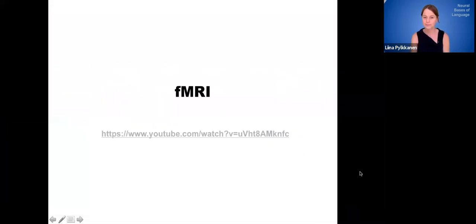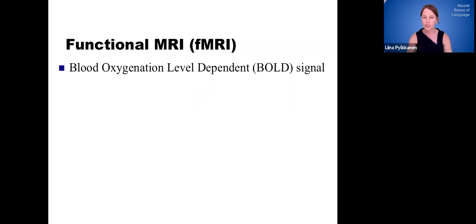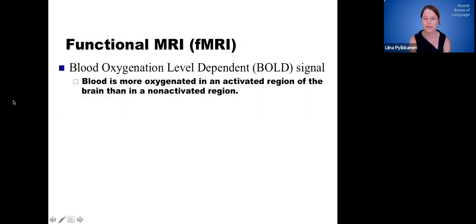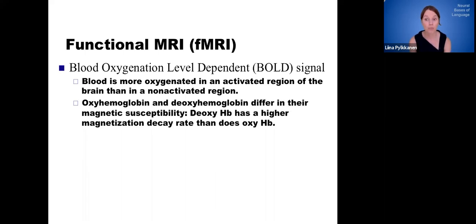So here, we learn that fMRI is crucially based on the oxygenation level of blood. So let's delve into that a little bit. Blood is more oxygenated in an activated area of the brain than in a non-activated area. So when your brain is working hard, it wants more oxygen, and